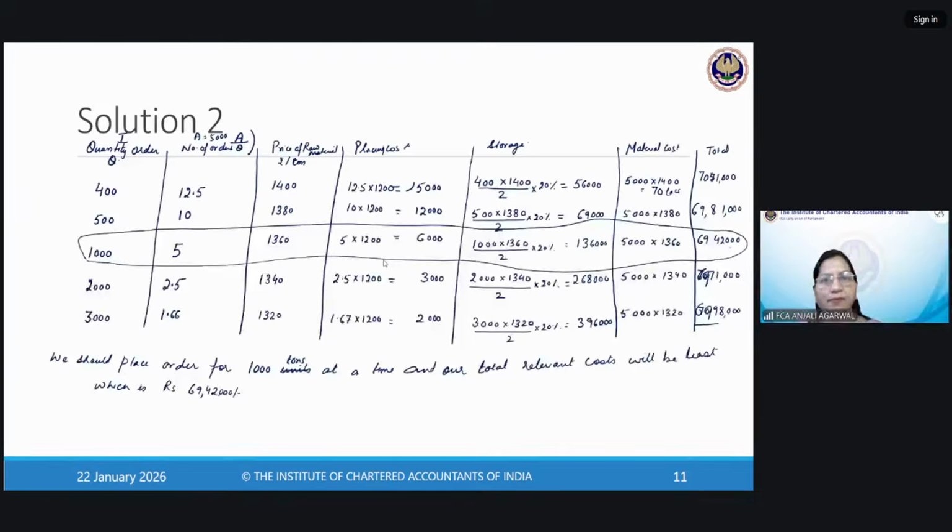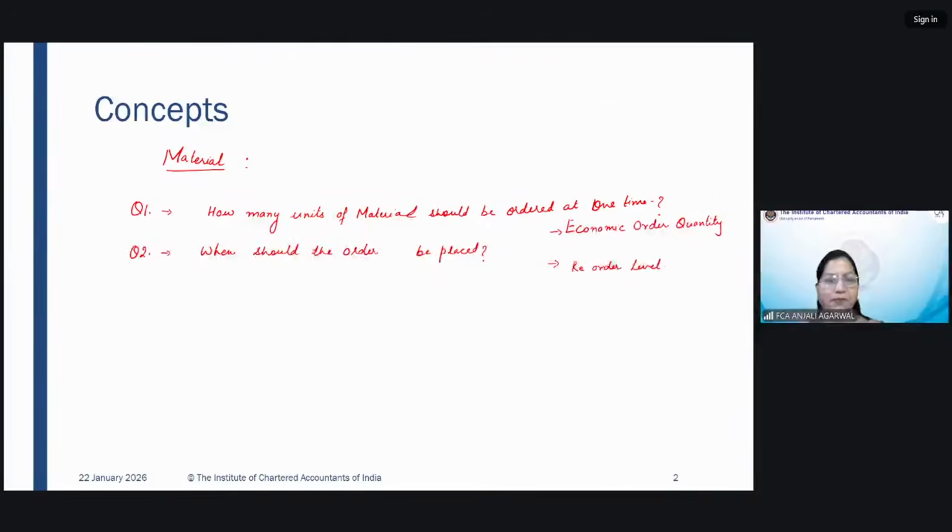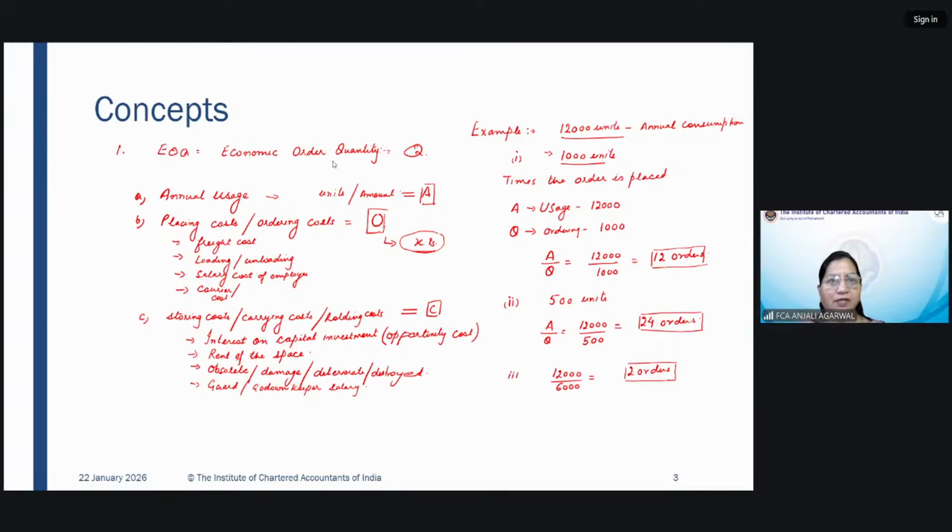Okay, before I wrap up, I'll quickly brush up the entire concepts. So here today we have discussed economic order quantity. Another important question in material is reorder levels. So we have to calculate what is the economic order quantity. That means what is that quantity where our relevant costs are least. And what are our relevant costs? With quantity ordered, what changes is